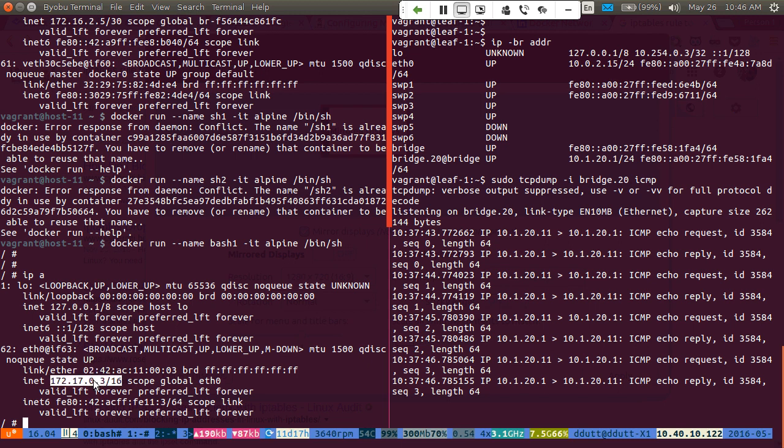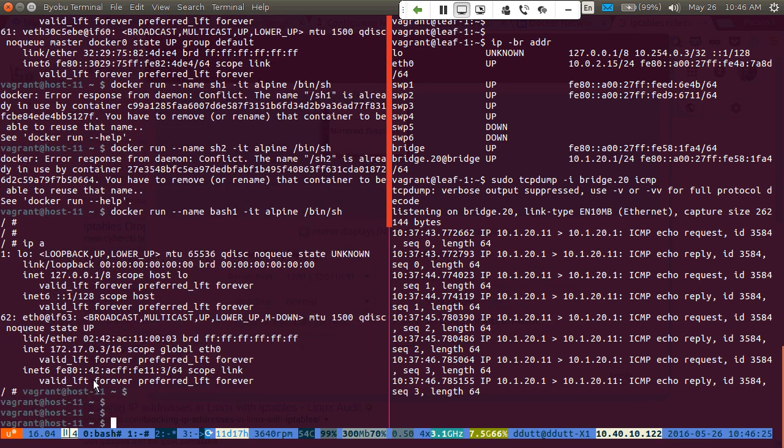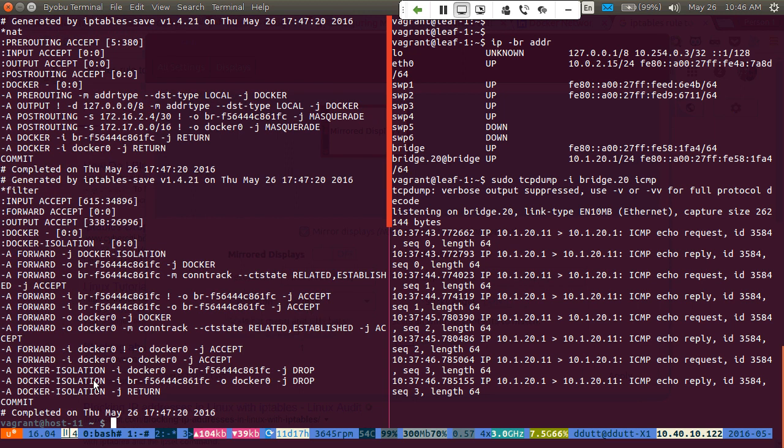None of this so far is very different. There is one thing I have to do. While Docker stop takes care of certain things, it does not clear the old iptables. And you can see that if I type iptables-save, all of this is still present. So let's go ahead and stop Docker again.